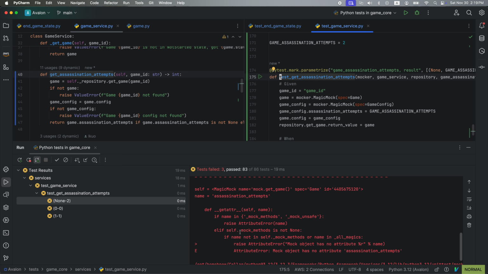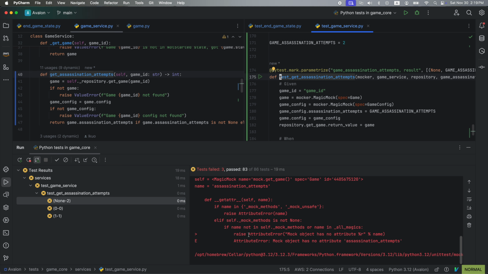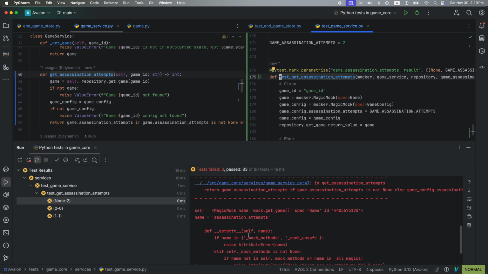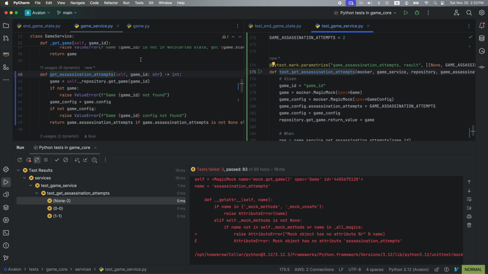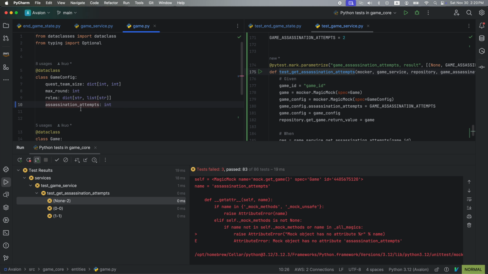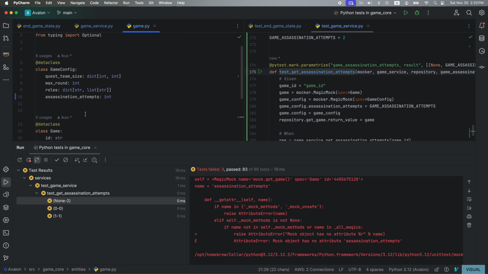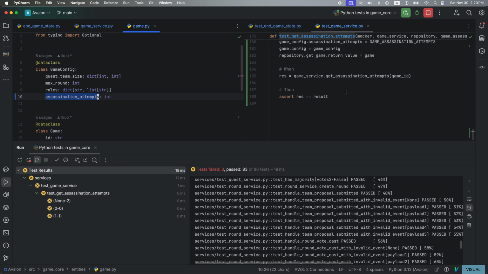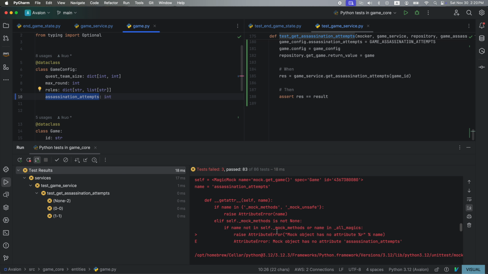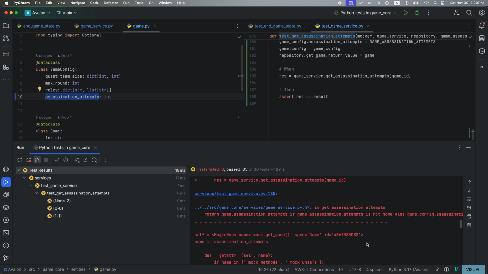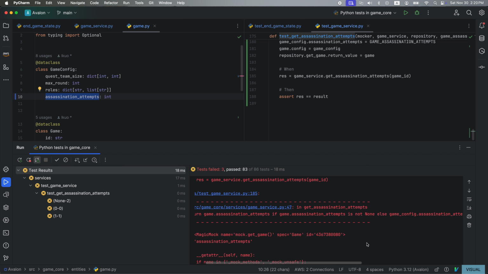Okay. What is not right? What method doesn't... game dot assassination attempts? Strange. Don't quite understand what's going on. Get attribute. Mock object has no attribute assassination attempts, and this is when we're getting